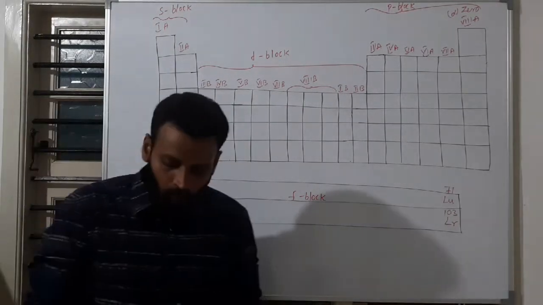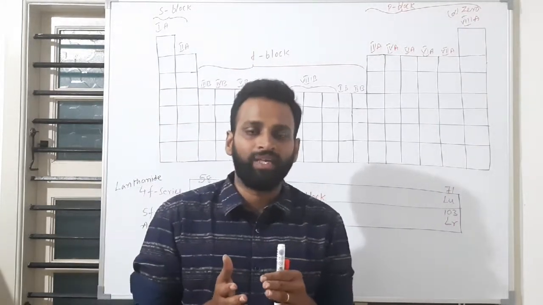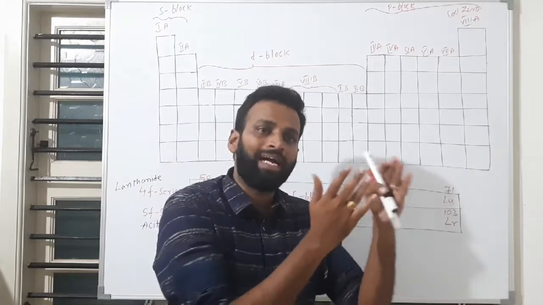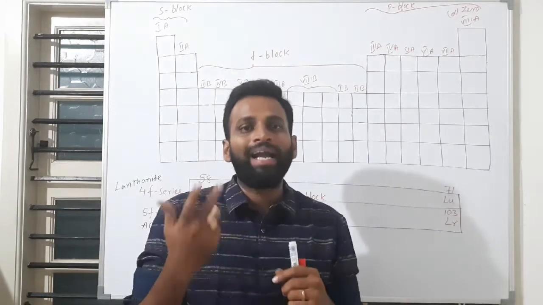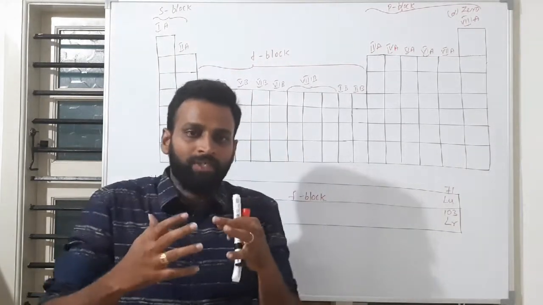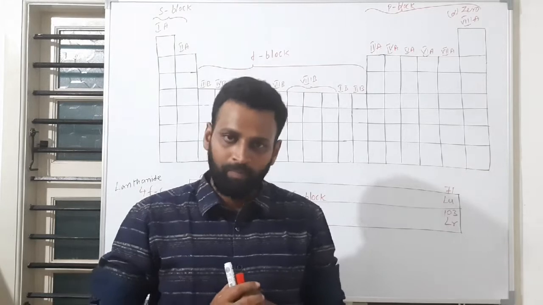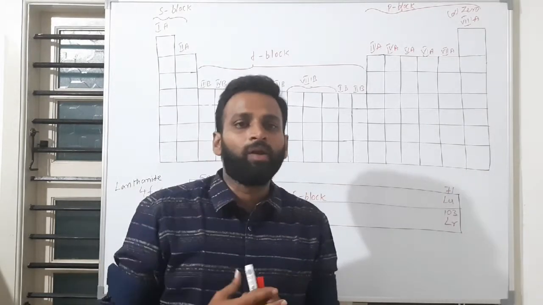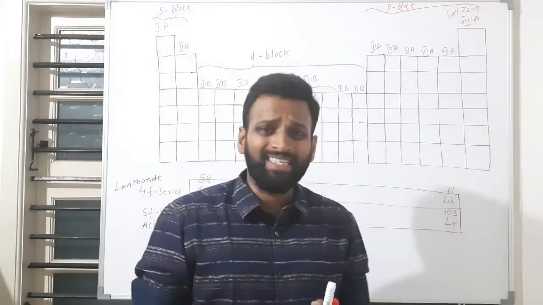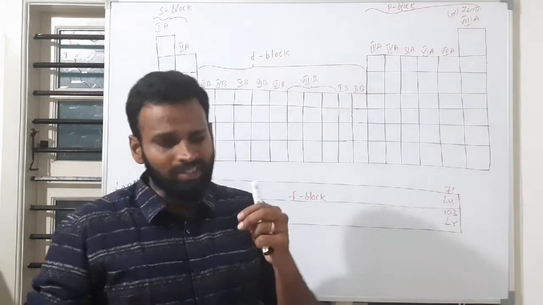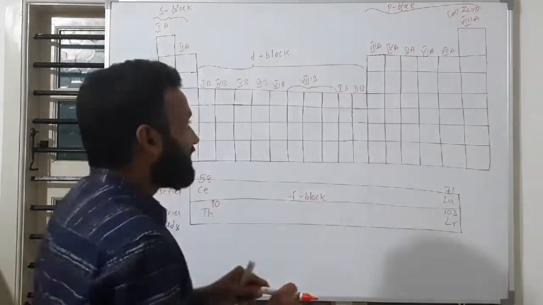So today we will discuss their individual classification: S block classification, P block classification, D block and F block classification. Individually we will discuss. And one more thing, how to use the atomic number. Sometimes, by giving an atomic number, they will ask you the group number as well as the period number. For example, atomic number 21 belongs to which period, which group. To understand all these things, we must have one simple trick. Let's see what it is.